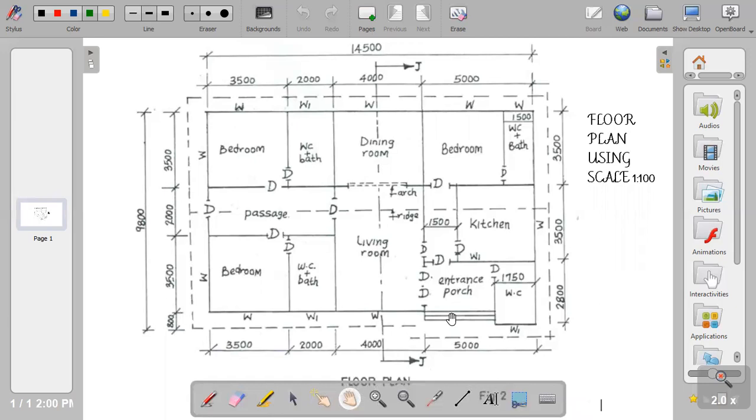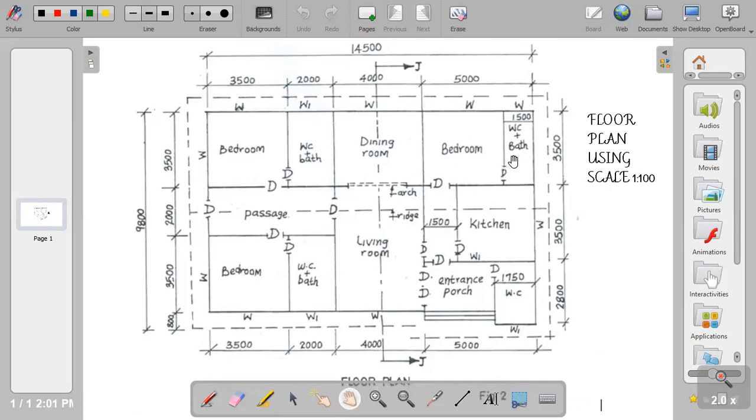You come up through 2 steps, then you get to the entrance porch, and you move through the double door and access the living room. Then from the living room, you can move through the passage to bedroom 1, through the passage to bedroom 2, and also through the passage, you can go back to the entrance porch, then you access bedroom 3,